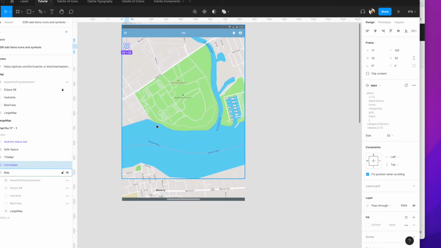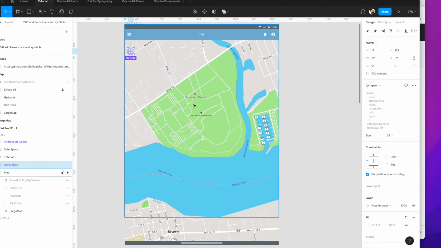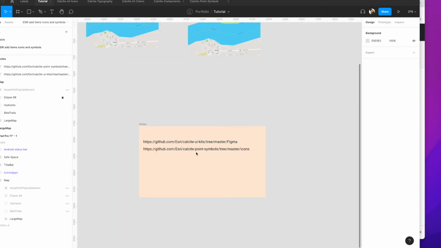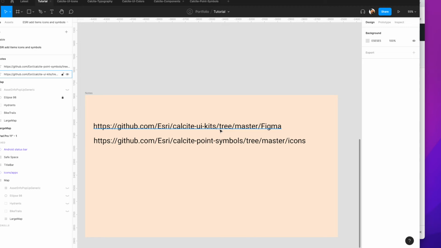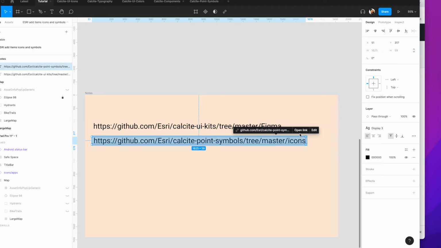But if you're on the map and you want to add some symbols to the map, ESRI has a whole section for their Calcite symbols. Calcite point symbols were not found in the UI kits, this section of their GitHub repository. They're still in the ESRI GitHub repository, but they're at a different link, and they're not set up as fig files. So why don't we open that link,